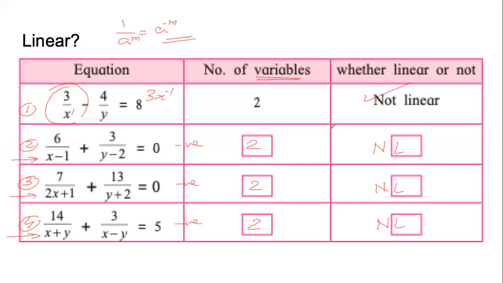Now, these are the types of equations we will try to solve today in this class. Equations that are not linear, but we will do some magic. Maths is magic, if you like it. We will do some magic. We will use a technique. We will use some simple algebra to convert these equations into linear equations and then solve. So please pay attention. Be ready?